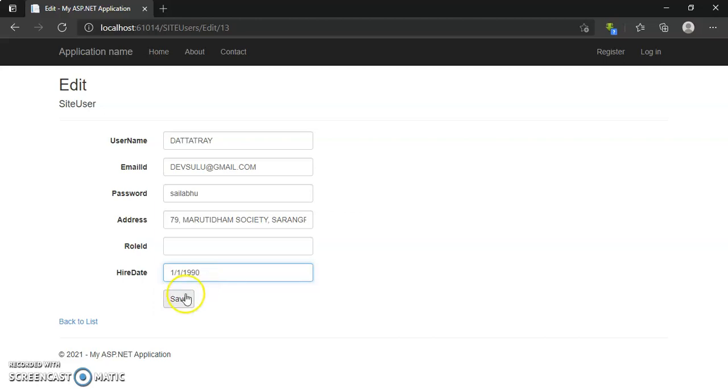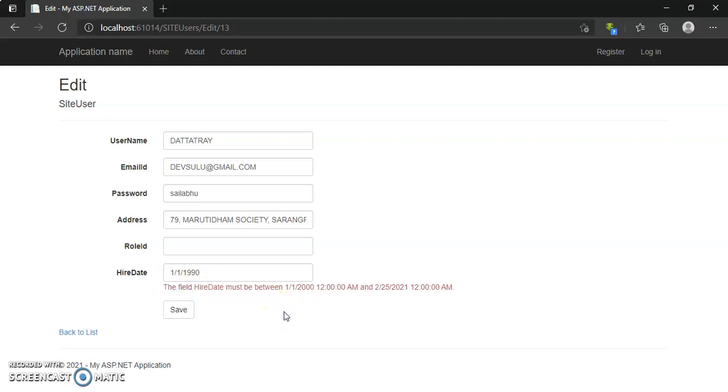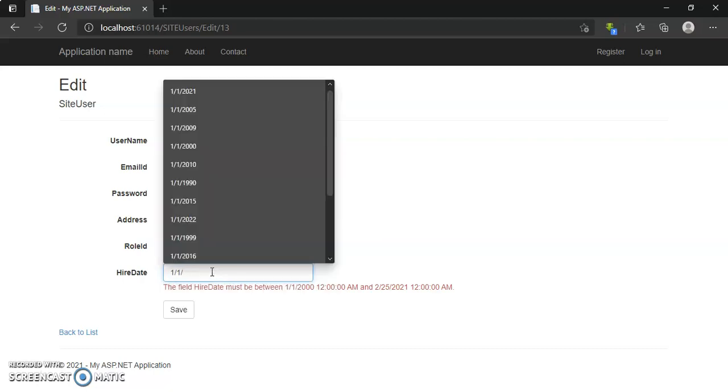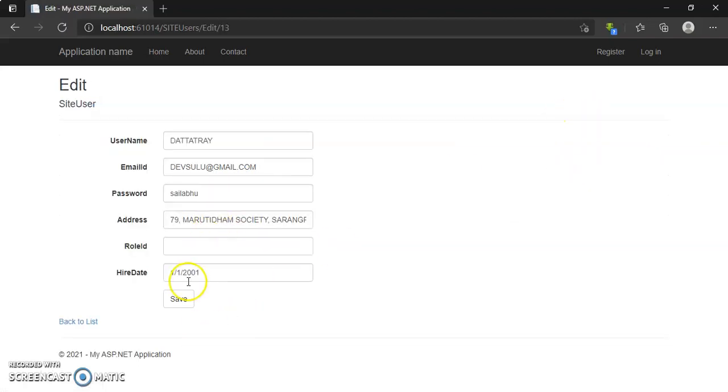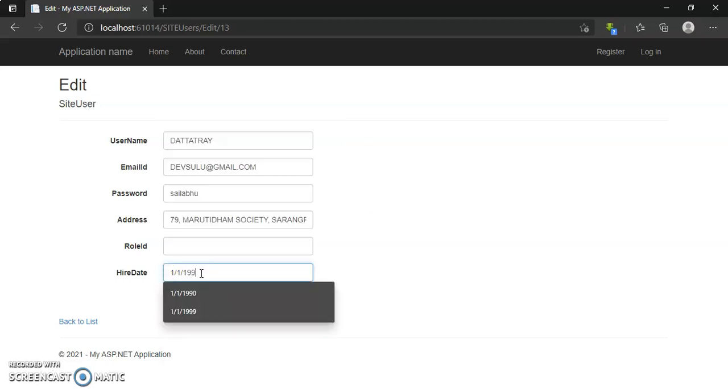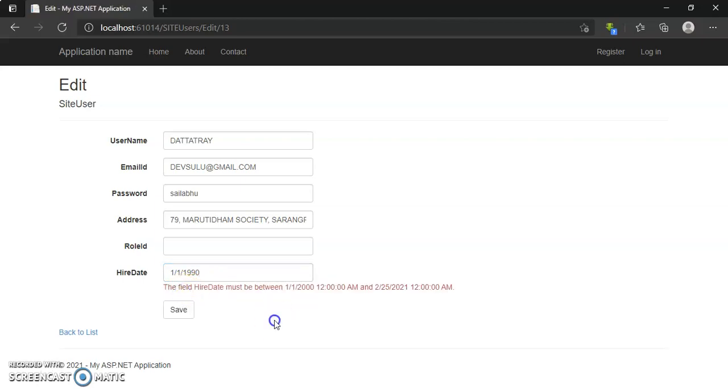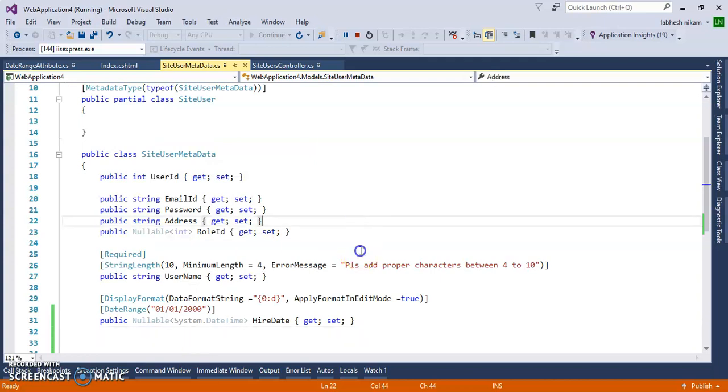If the date is less than 01/01/2000, it will provide the error, and if it is more than 2000, it doesn't provide the error. Suppose 2001, it will accept, but for less than 2000, like 1990, it will give us an error. So this is the example of date validation.